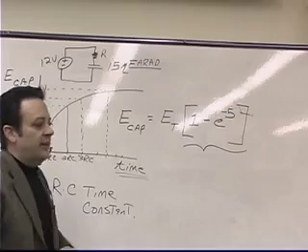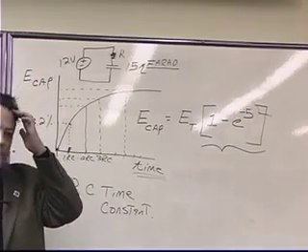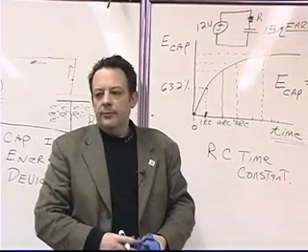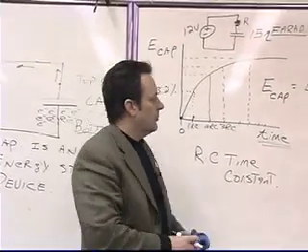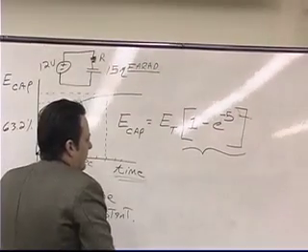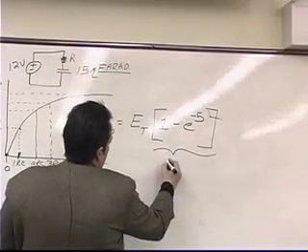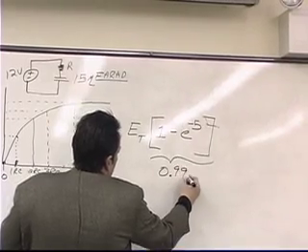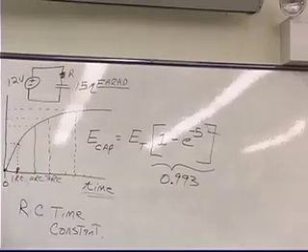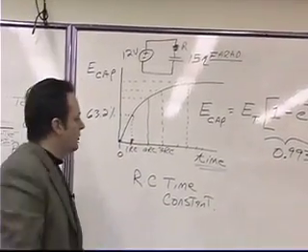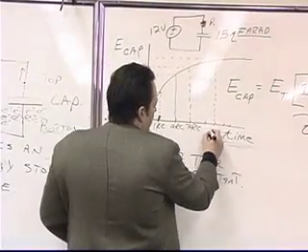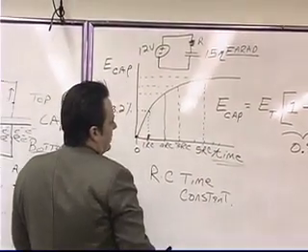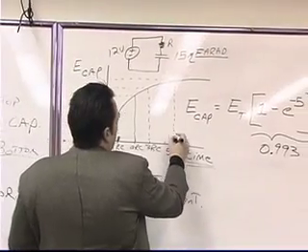What's 1 minus e to the -5? 0.993. So what that tells you is that after 5 time constants, or 5 times RC, the voltage on the